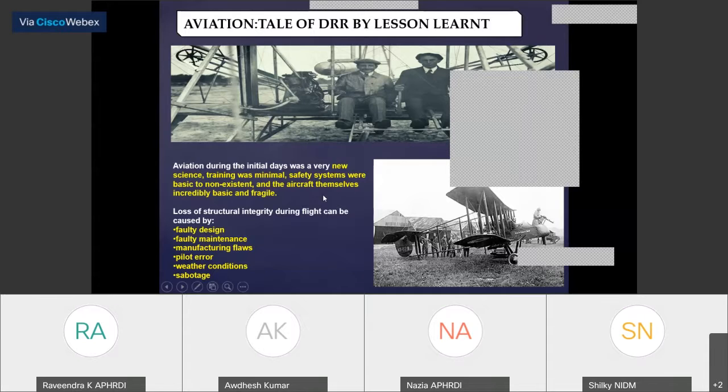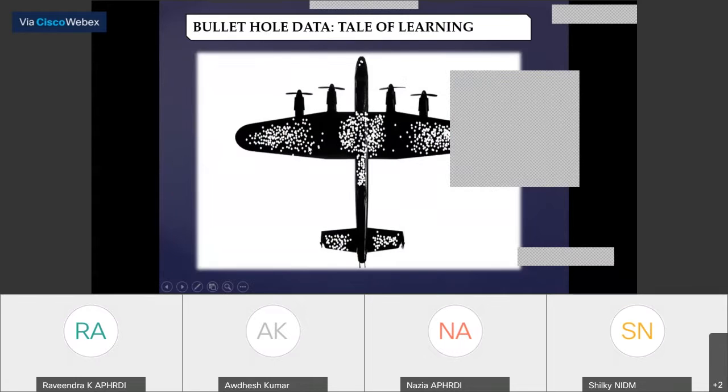a lot of lessons from its disasters. When it was in its beginning stage, a number of planes faced accidents, and by learning from each accident, each disaster, each problem, they improved a lot. And this Prime Minister's 10 point agenda is basically about learning from the previous disaster and implementing the lesson in the coming ones. And in this famous example I am presenting on the screen, that is a tale of learning,